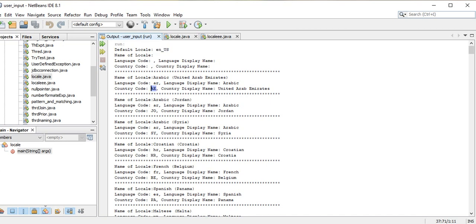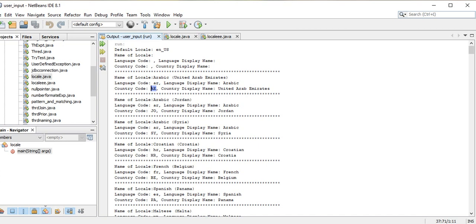Okay, so this is for one country. Another country is Jordan, the same thing over there. The country code is JO, the country display name is Jordan, and the language is Arabic. If it comes to Croatia, then its language code is HR, and the country code is also HR.